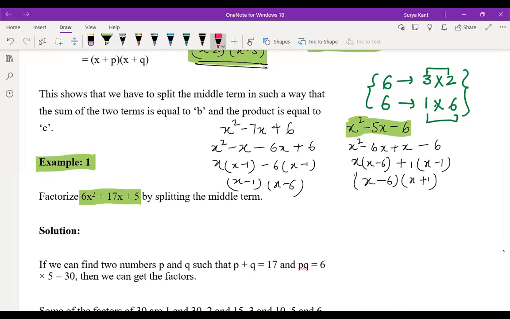I'm explaining once. You tell me where you are having doubt. Here you have written at last x minus 6, sir, and x plus 1, sir. I think it should be x minus 1. One minute. Here is x minus 6 and this is x plus 1. Yes, correct only, no? It's x minus 6, sir. X minus 6 only I have written here. No, sir, I was confused, sir. Before it was like 1, sir, x minus 1.